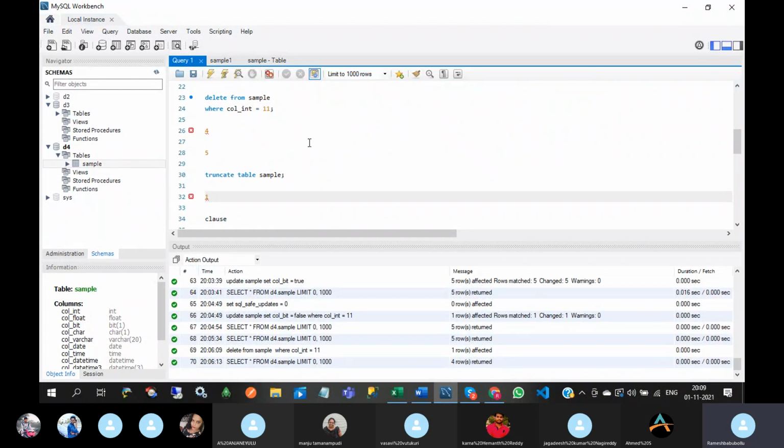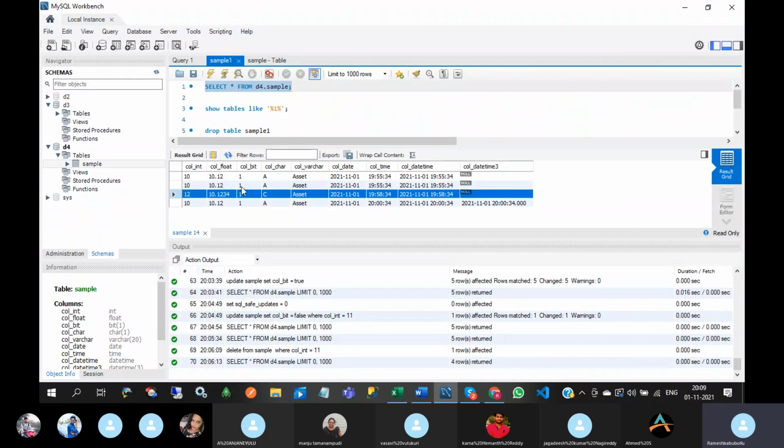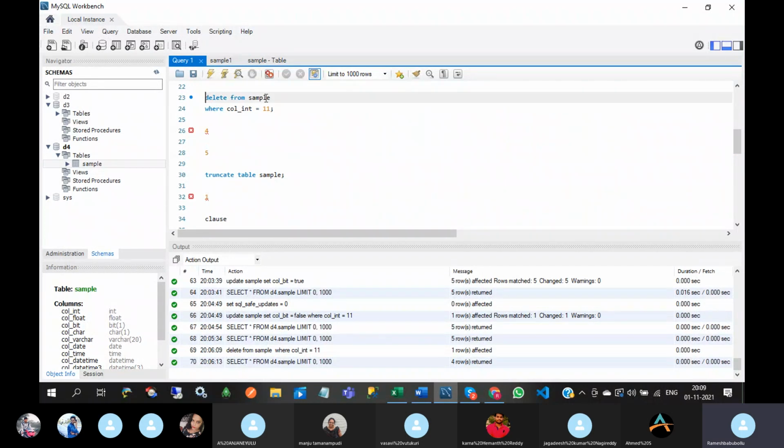So again I will tell, suppose I want to delete the entire records in a table. Here how many records are there? 4 records are there. I am going to use the delete command for deleting the entire records. So I will execute this query. So 4 records will be deleted. After deleting the 4 records, suppose you insert one record, that record will have serial number 5.